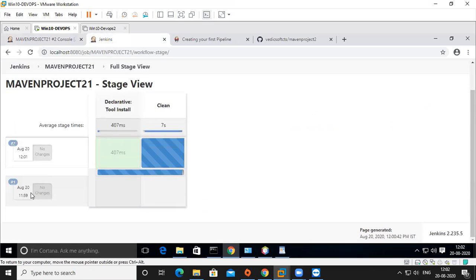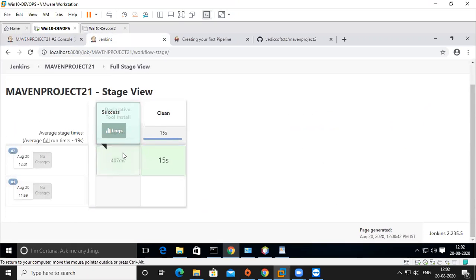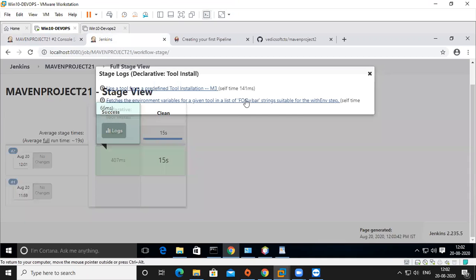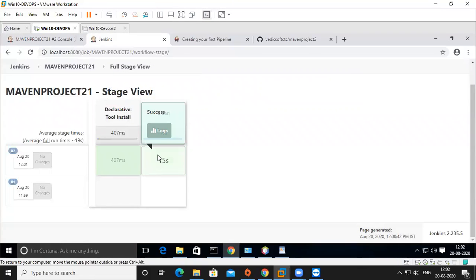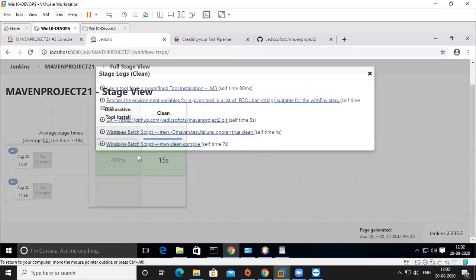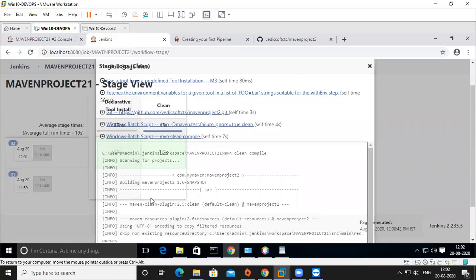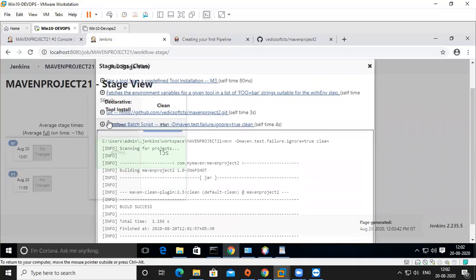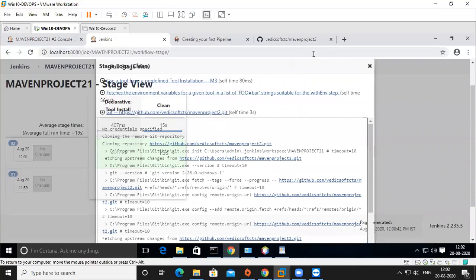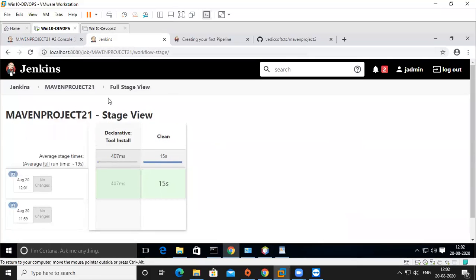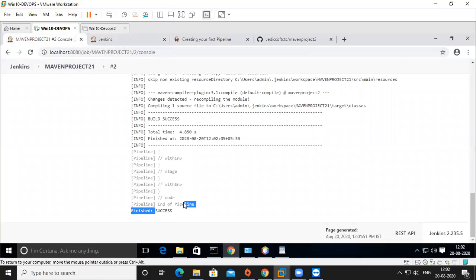See, first one is not at all run, but here it is running, right? So both the things. First of all, to get the information. Okay, so this is for getting information and thing. Now this is the clean statement. This is for a clean statement and compile statement. So both are successful. You can see individually what is your statement you are given. Okay, this is a stage view. Okay, completely it is successful.